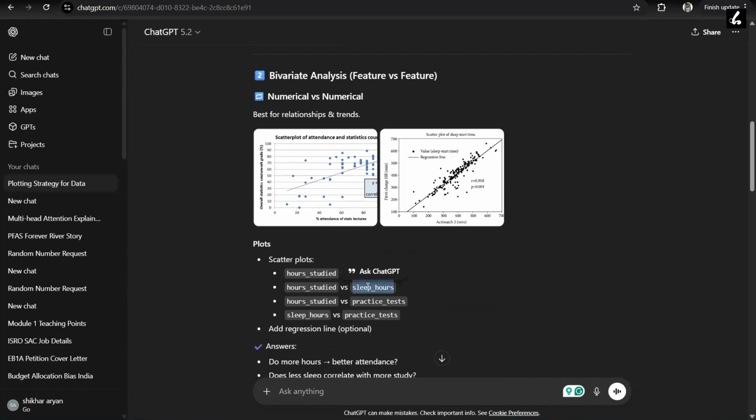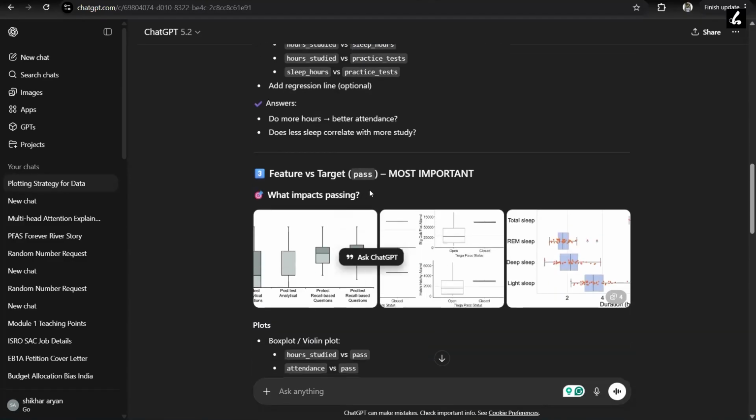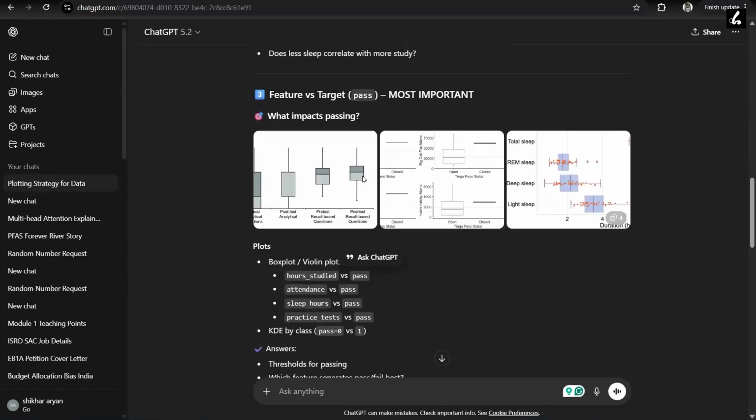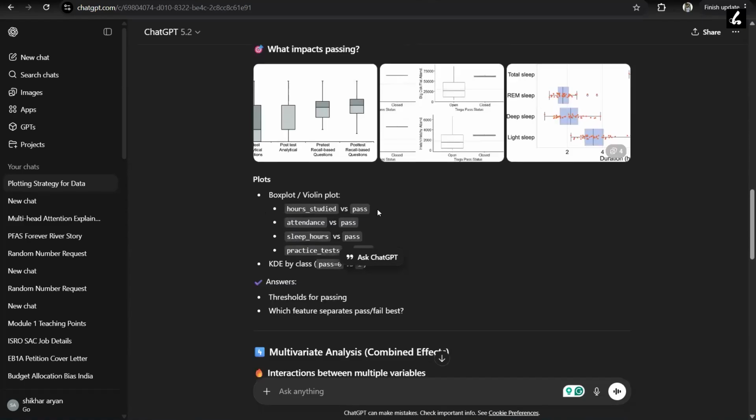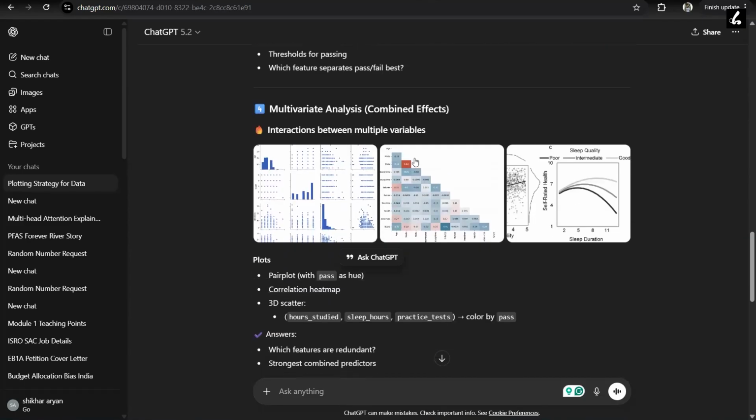You can take it as time invested versus revenue, right? In your particular scenario, time versus budget, or you can take more than three, feature versus target. So you can do a lot of things,